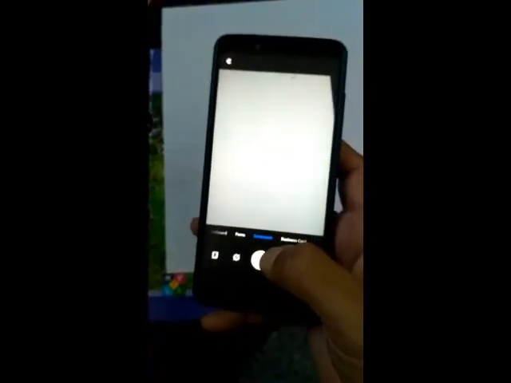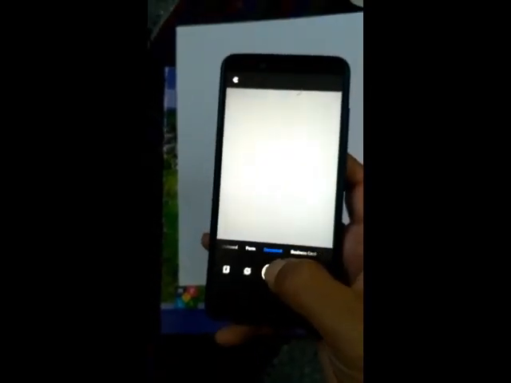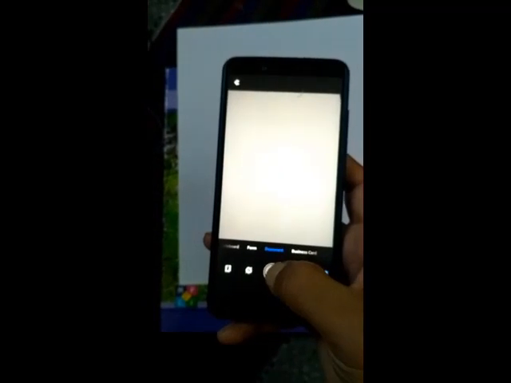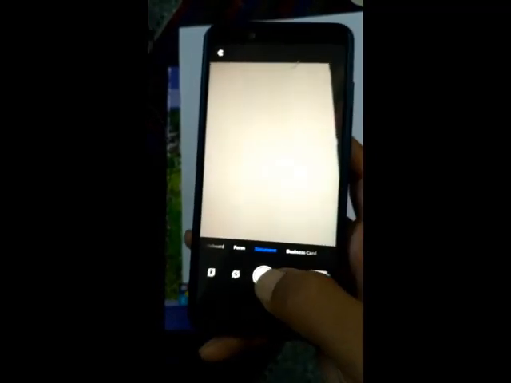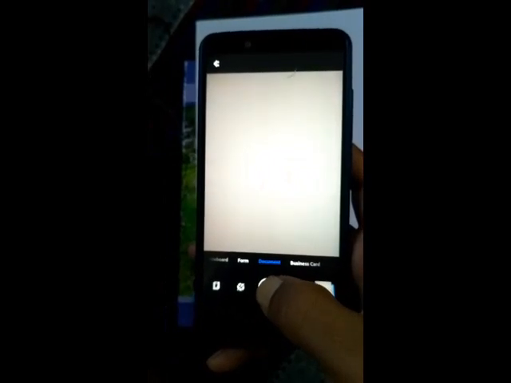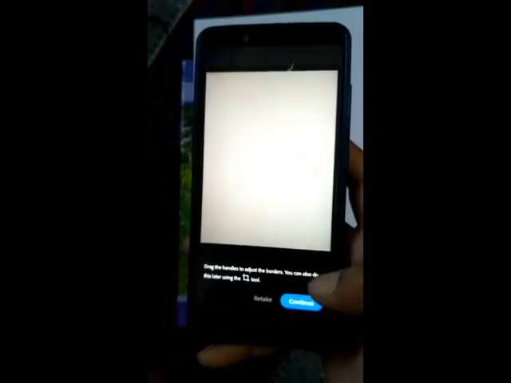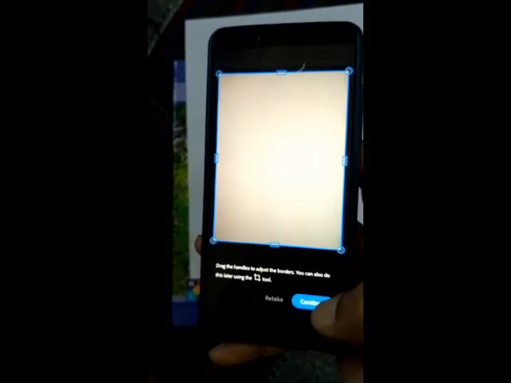Again I will click. So this is my second answer sheet. I clicked, same, then continue, then go for the next answer sheet. Click for the fourth answer sheet, then continue. So in this way, as many answer sheets as you have used, just click on continue and take the screenshots or scan.